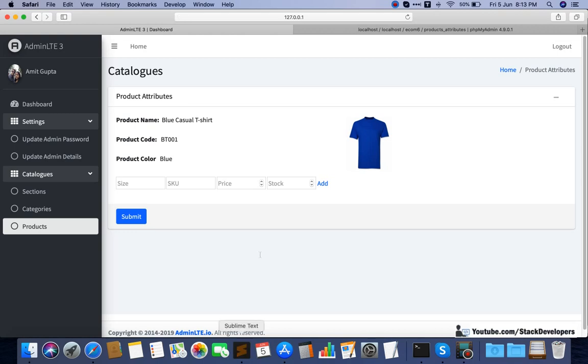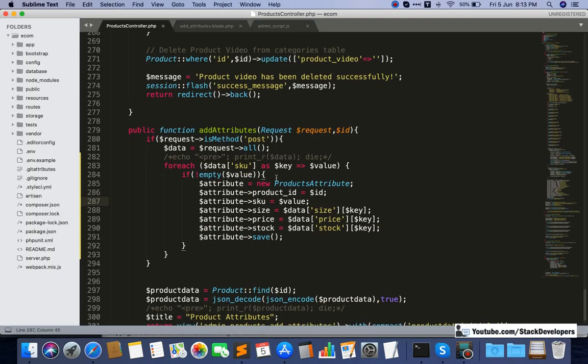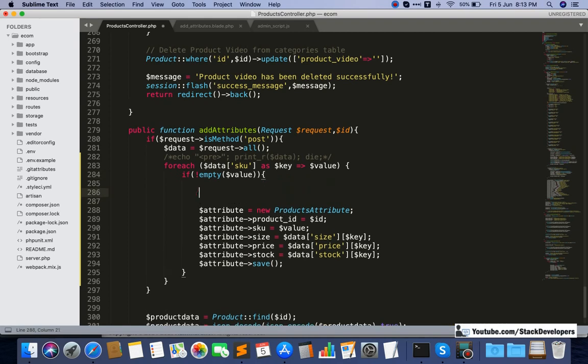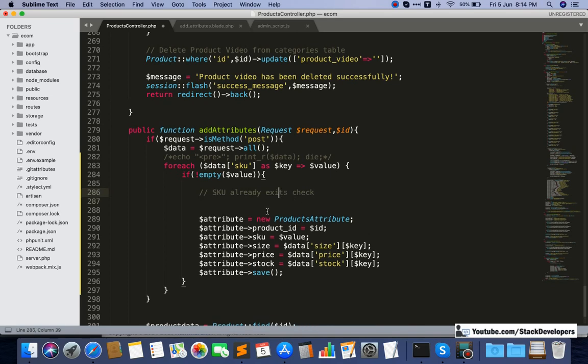So the first validation I am going to add is the SKU validation: SKU already exists. I'm going to check from the products attributes table.